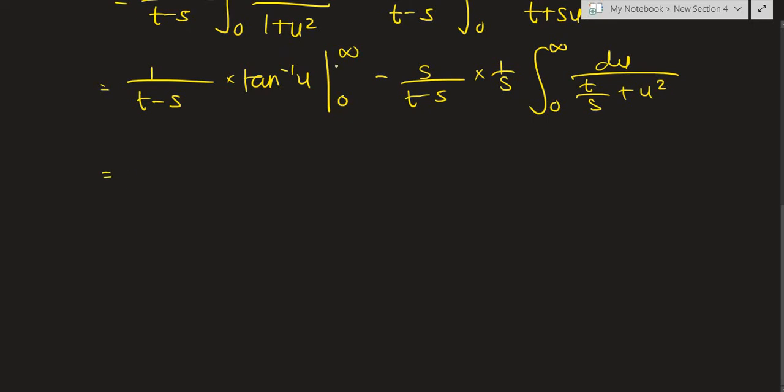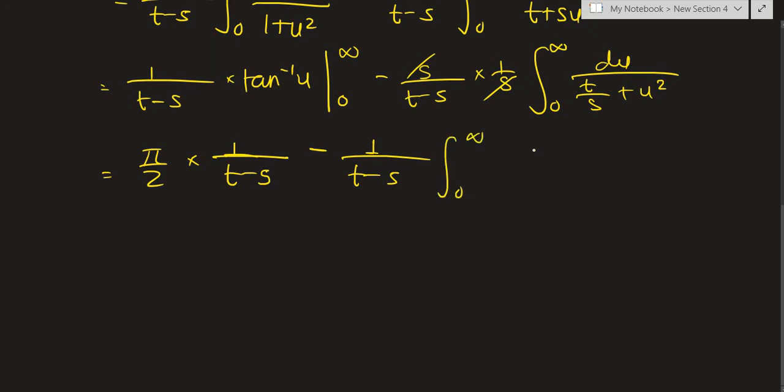So now inverse tangent of infinity is just pi over 2 minus inverse tangent of 0, which is 0. So we just have pi over 2 times 1 over t minus s as the antiderivative of this thing, or the definite integral of this part. And these s's will cancel out. So we have negative 1 over t minus s times the integral from 0 to infinity of du over u squared